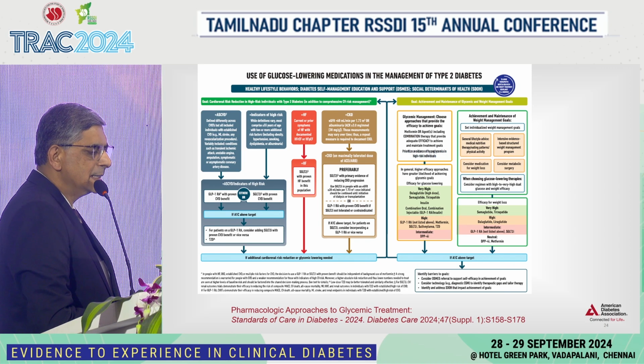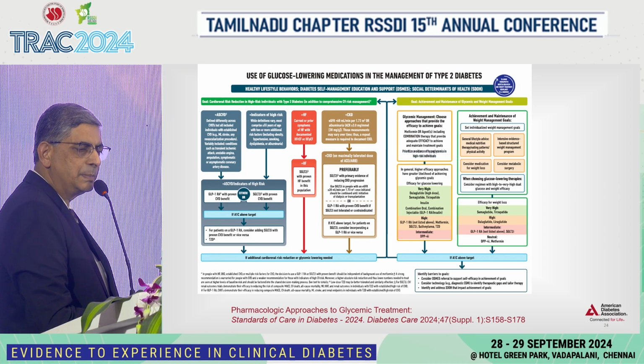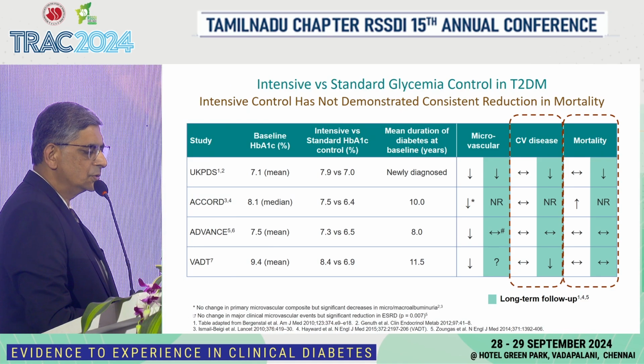And if your goals for blood glucose are not met, then you can move on to the other agents. Similarly, for heart failure, your first goal is of course to start the patient on SGLT2 inhibitors, followed by other agents. But what is important is the weight management, the lipid management, and the blood pressure goals that you need to meet. And these have to be started simultaneously along with blood glucose control.